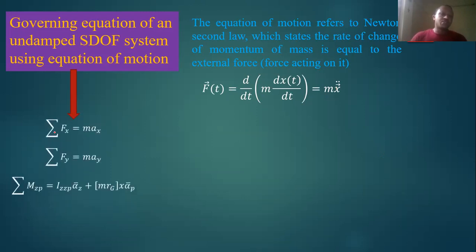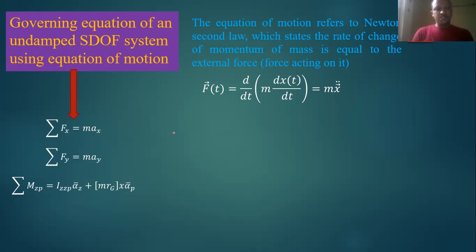And actually we apply that the sum of forces in x is equal to mass times x acceleration, the sum of forces in y is equal to mass times y acceleration, and the moment about some point